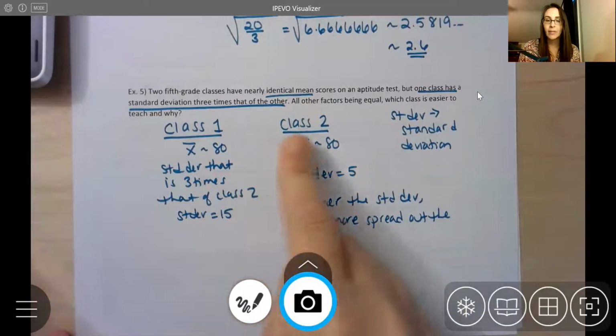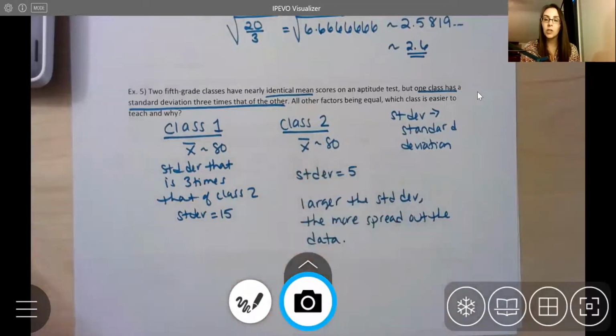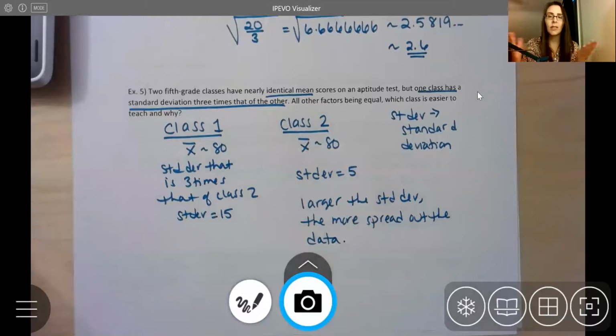So they both have the same mean. So they're both at like the same average in the class. But if you have a smaller standard deviation, it means your data points are clustered close together. So most of the students scored close to that 80. They were kind of really close to it. So it's going to be much easier to teach that group of students because they all have about the same